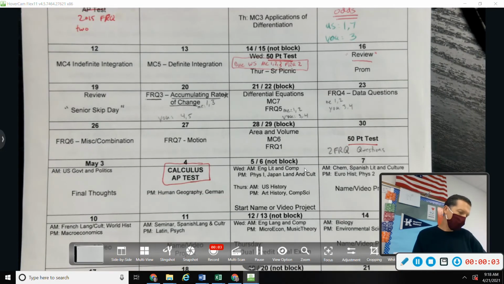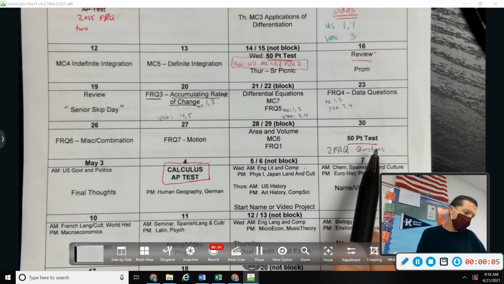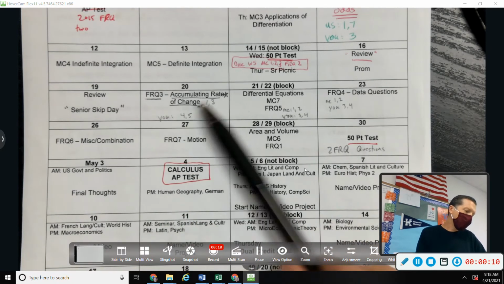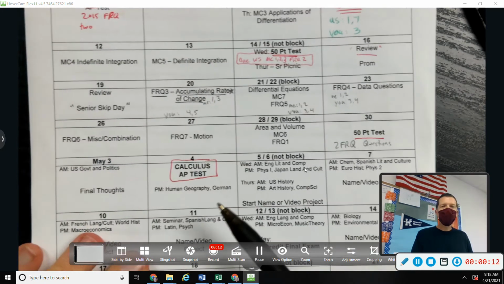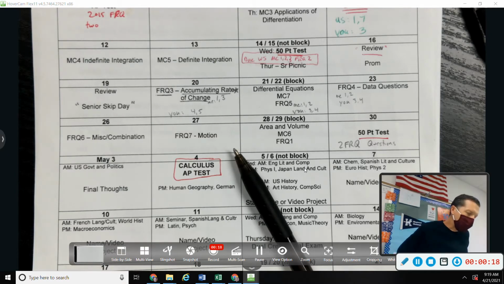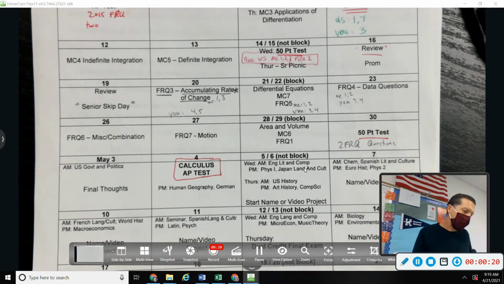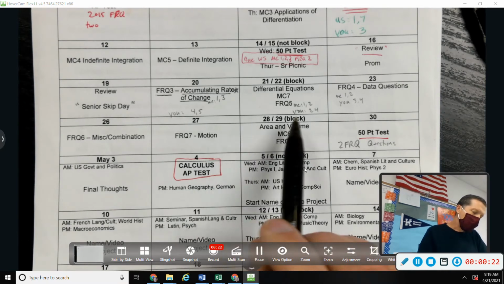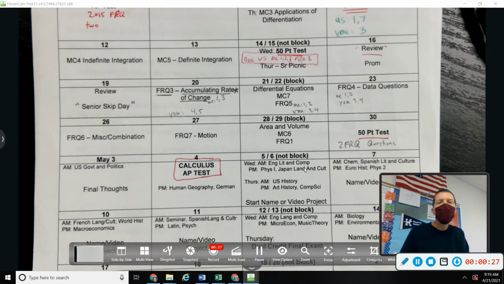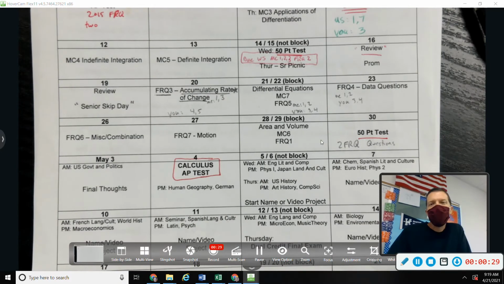Next test is next Friday. It'll be 2 FRQ questions, not from the packet, but from the subject matter covered in the packet from this week and next week. And we'll just continue the pattern of I'll do 2 and assign 2, I'll do 2 and assign 2. And then that way you've got